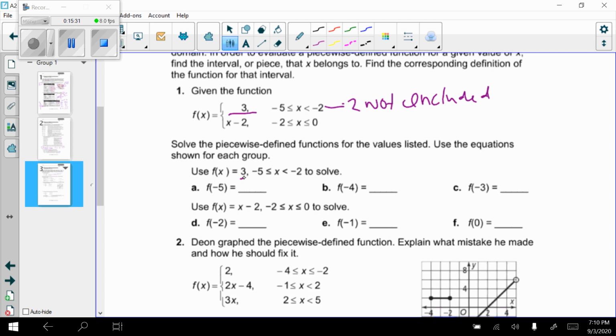If x is negative 5, my y is 3. If x is negative 4, my y is still 3. If x is negative 3, my y value is still 3. Now this next one, it tells me for x between negative 2 and 0, we're going to plug into this